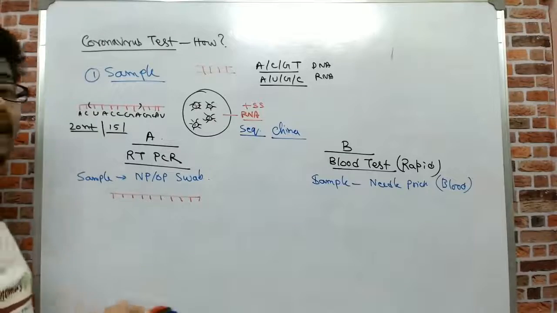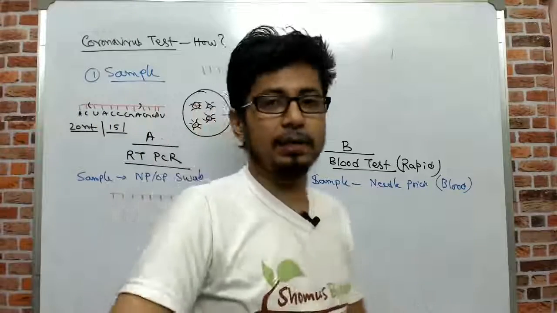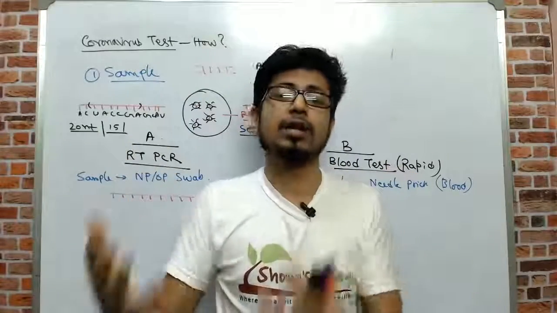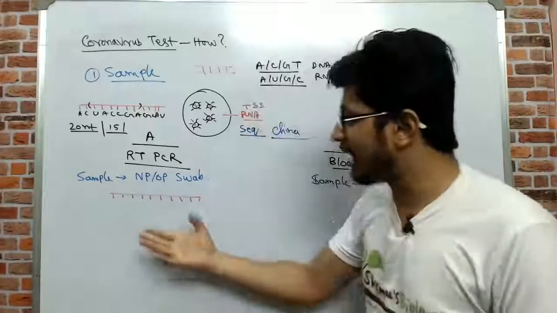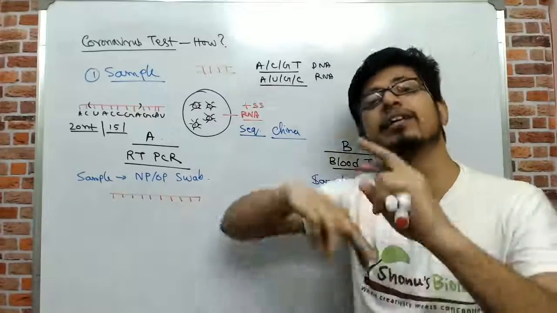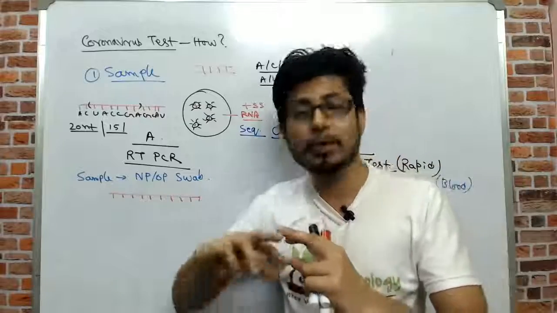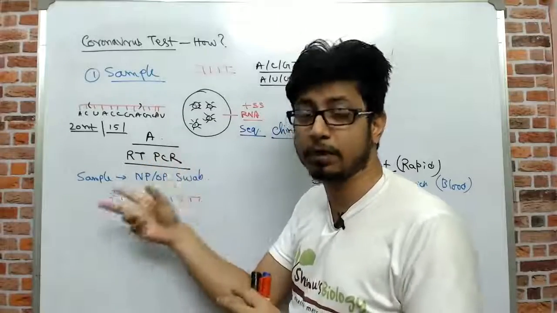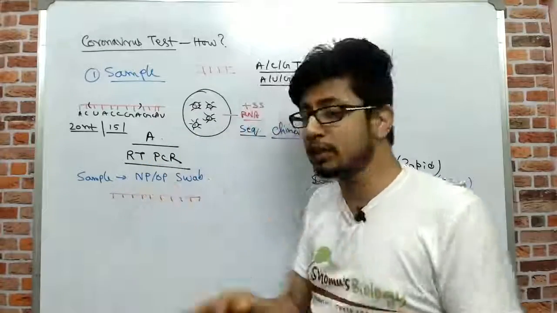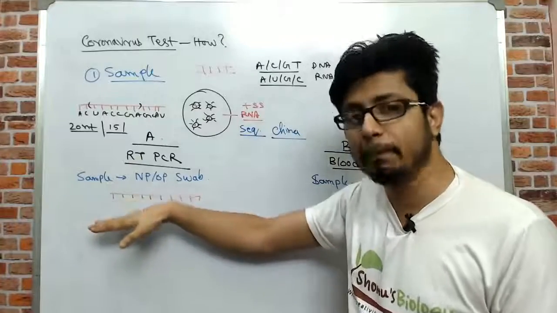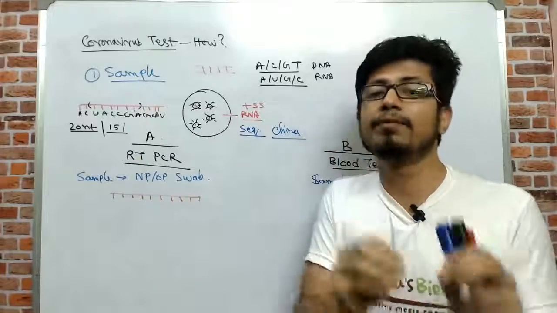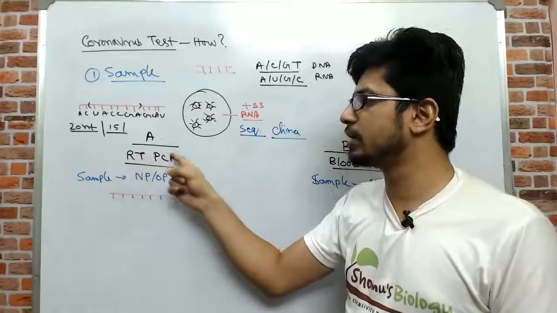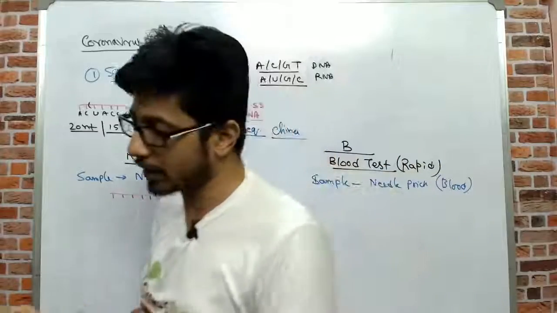Generally, RNA is prepared from DNA. This is the conventional process. RNA is always prepared from DNA, and this process is known as transcription. But in this case, DNA needs to be prepared from RNA, which is a reversal of the conventional process, so we call it reverse transcription. That's why the name came, RT, reverse transcription PCR, or reverse transcriptase PCR, because for making DNA from an RNA template we need a specific enzyme, and the name of the enzyme is reverse transcriptase. That's why it is called reverse transcriptase PCR, or RT-PCR.